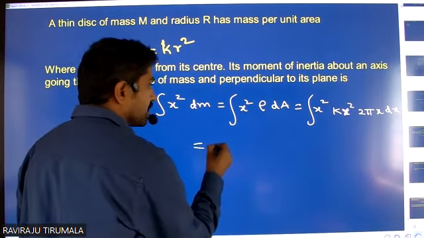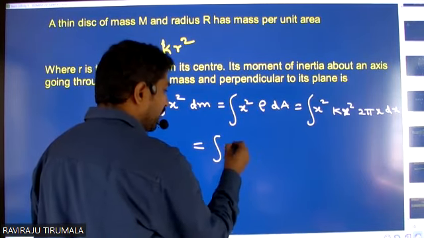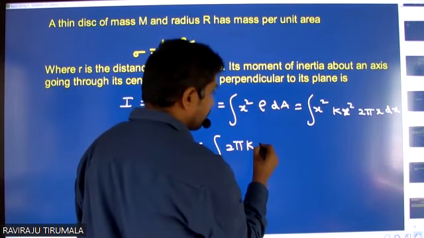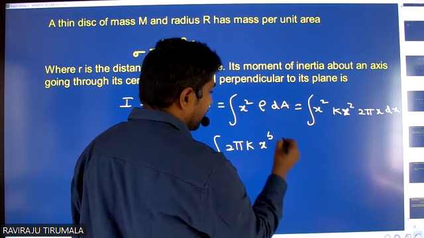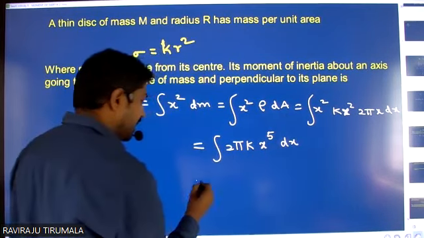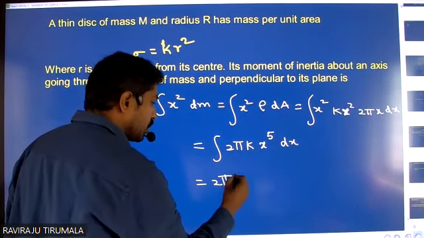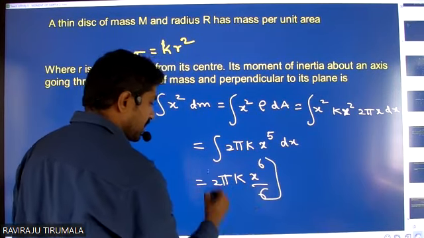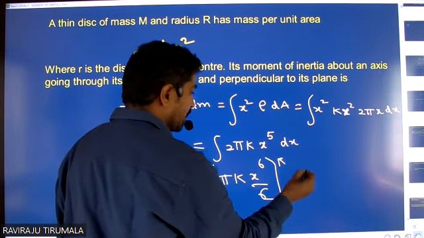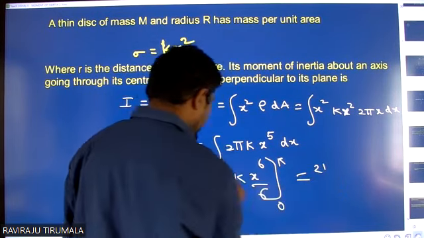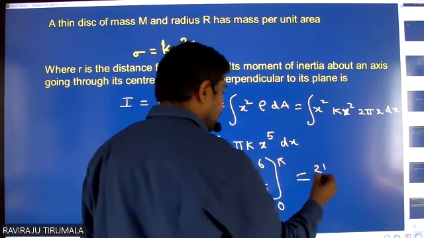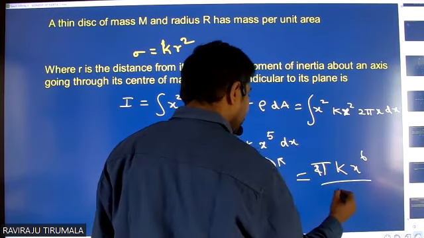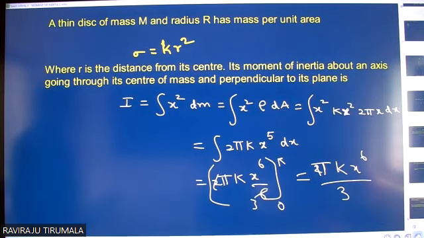Now this will be integral 2 pi k, with all the constants written earlier. Then the remaining factor will be x⁵ dx, and the integration value will be 2 pi k x⁶ by 6. By substituting the limits from 0 to r, how much will it be? Of course, 2 by 6 is 1 by 3, so it will be pi k r⁶ by 3. That is the formula I got for